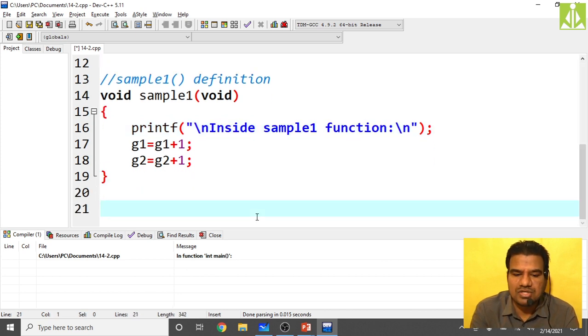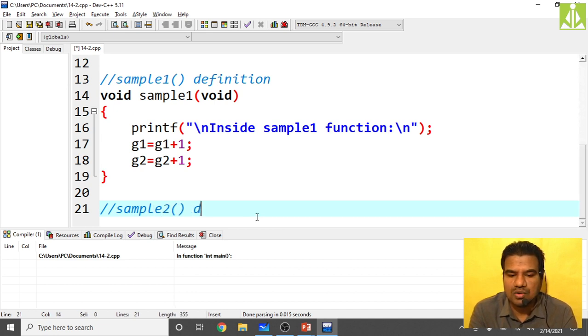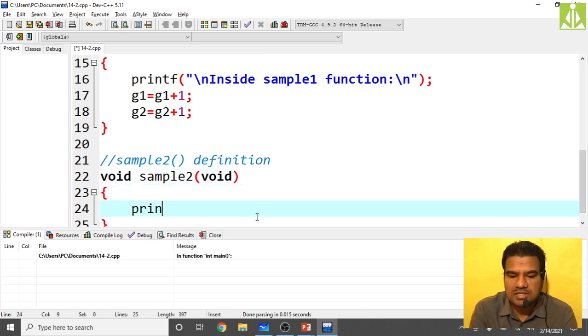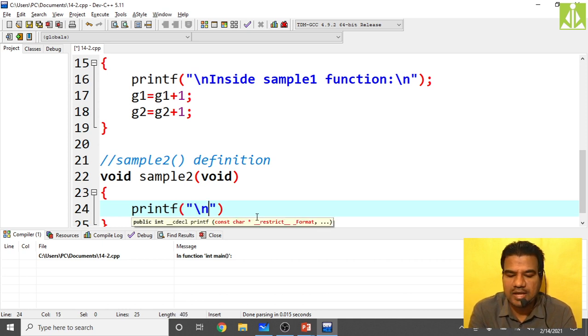Again take another function because the sample 2 definition is also missing. Now we have to write the sample 2 definition. Sample 2 of void. Now inside sample 2 put backslash n inside the sample 2 function.